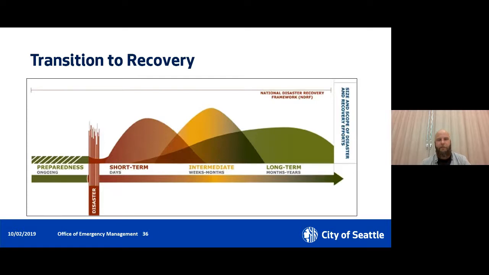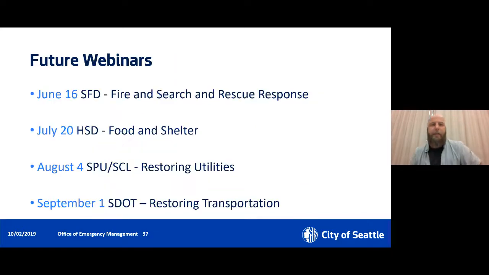So that's something that's really weaved throughout the recovery framework of how do we keep that concept of building back better in mind. And then participation and community input is a big part of that. So as we start to make those decisions about what recovery looks like, how do we make sure that community is at the table so that everyone has a voice in what that recovery looks like and what those priorities are? I think those are the two main themes you would see in that recovery framework. And again, that is a very long process that would go on for years.